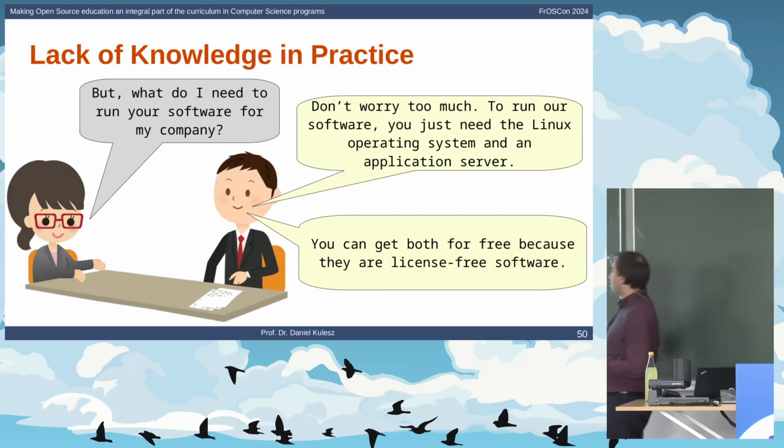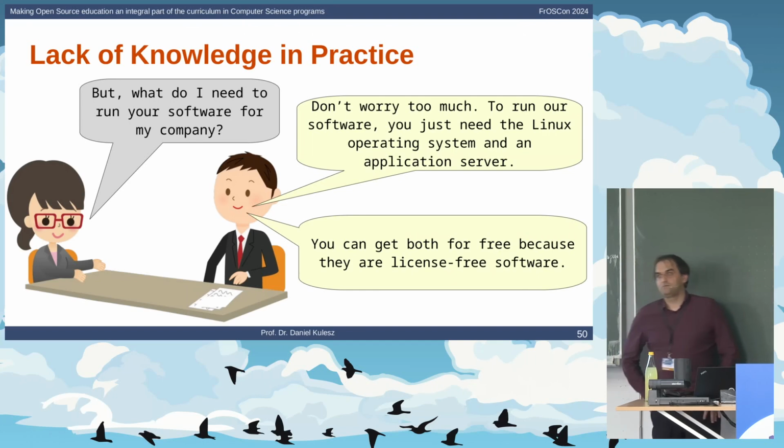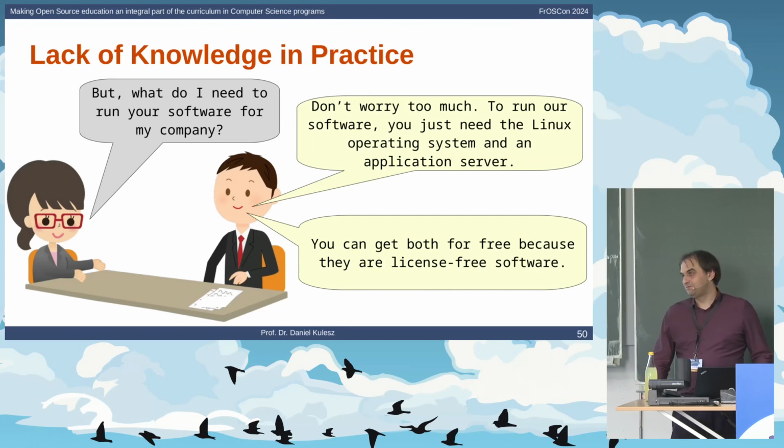And the question is, is it license-free? Is Linux license-free software? Or does it have a license? Yeah, of course, it has a license. And if I see people making such statements, that's already an alarming sign that they maybe have not understood